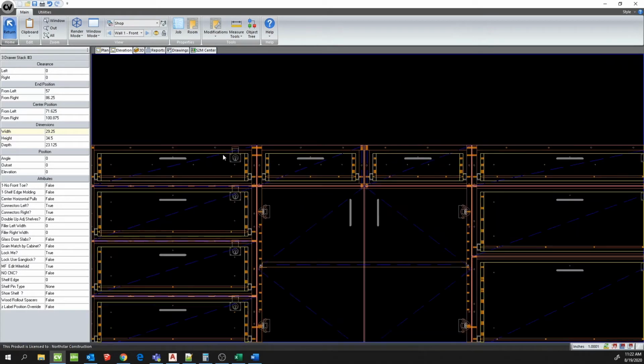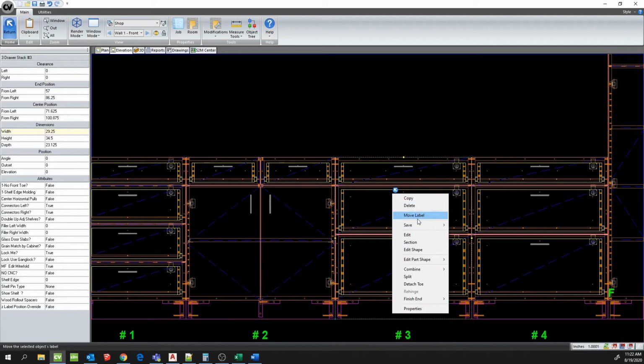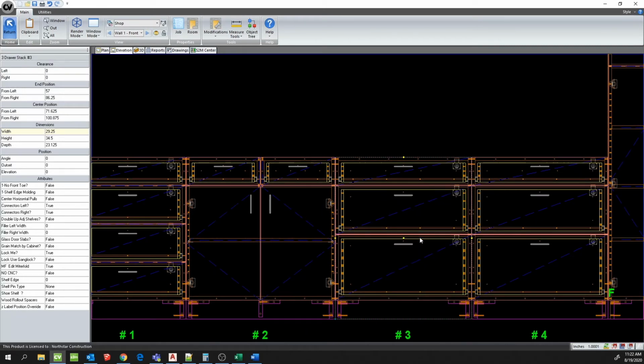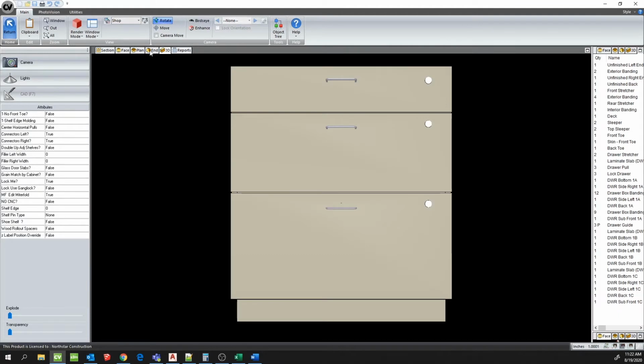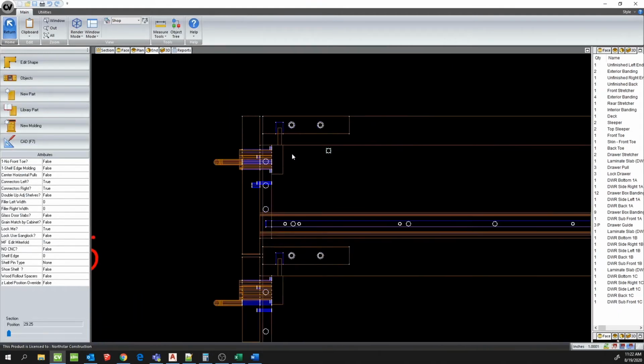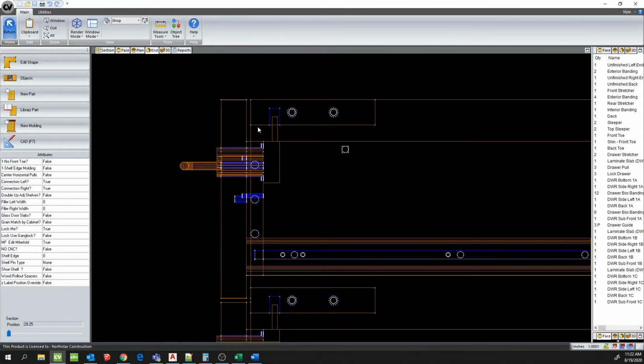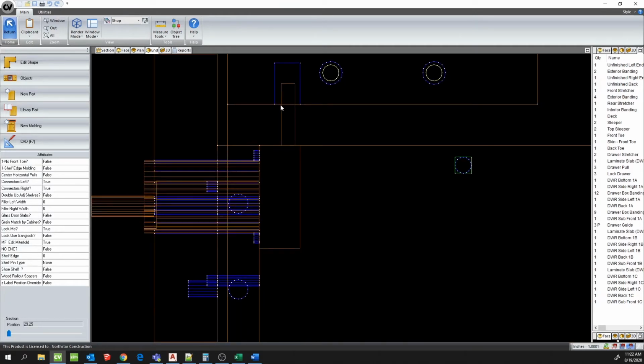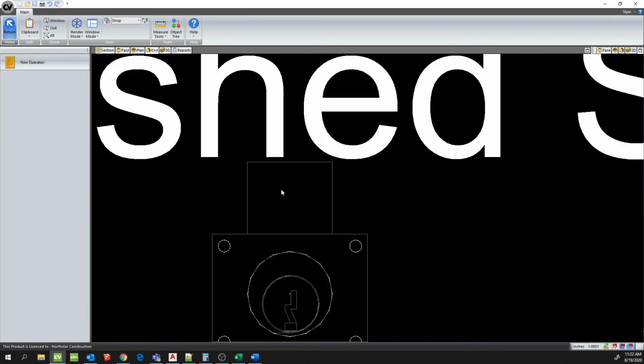When we are locking a drawer, we need a couple of things. The UCS ensures a few things. The spacing at the top of the drawer is a static value that's set and standard throughout all of Northstar's system. We put the lock in place, and when you look at the lock itself,